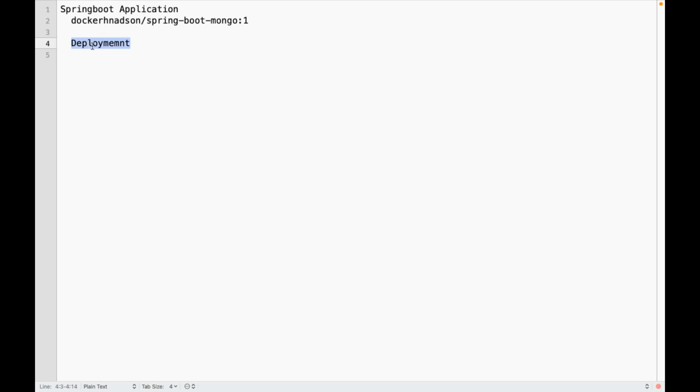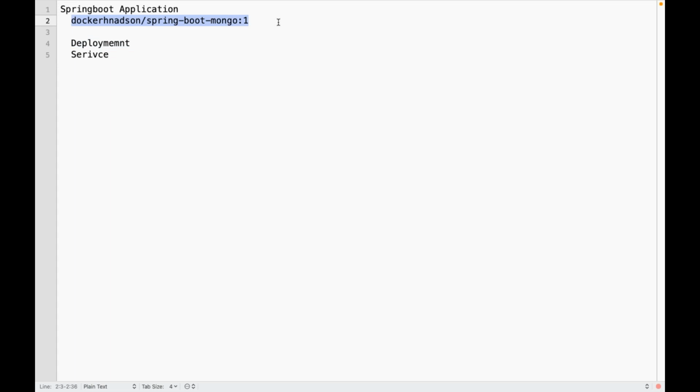To access that application, do I need to create a service for the deployment, for those pods? Service is required.